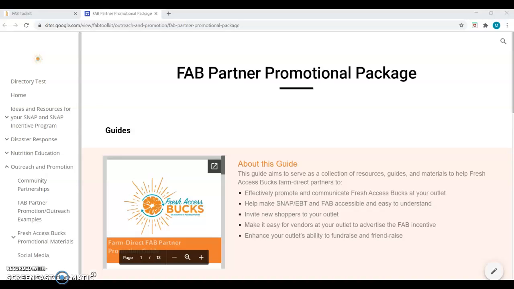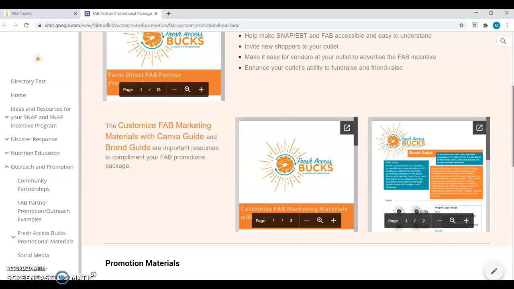Now that you know where to locate, view, and download the promotional materials for your outlet, we'll be walking through how to customize them and best practices for including FAB branded materials in your promotion. At the top of the main page, we'll return to the Guide section and open the Customizing FAB Marketing Materials with Canva guide. You can open the guide by clicking the pop-out icon in the top right-hand corner,